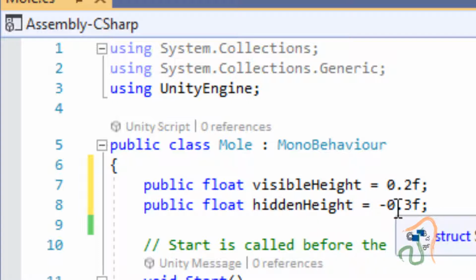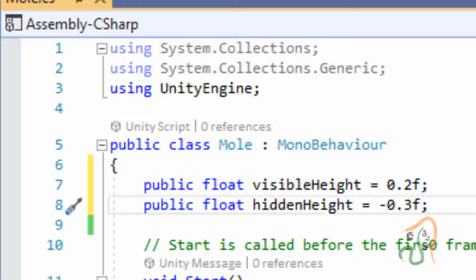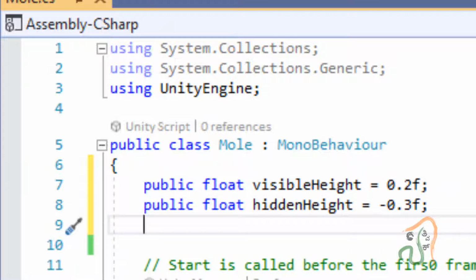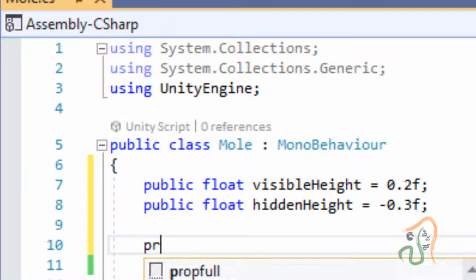After declaring these two variables, we want to declare one more variable, called the target position, and we want to keep it private. Private means it will be used only in this script. So press enter, leave a space, and type private.